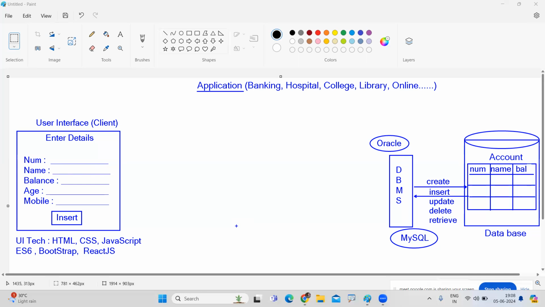Using the user interface only, we are communicating with the application backend, whether employee or any other person. By entering the details, such as account number, account holder name, some balance, age, mobile number, whenever they click on the insert button,